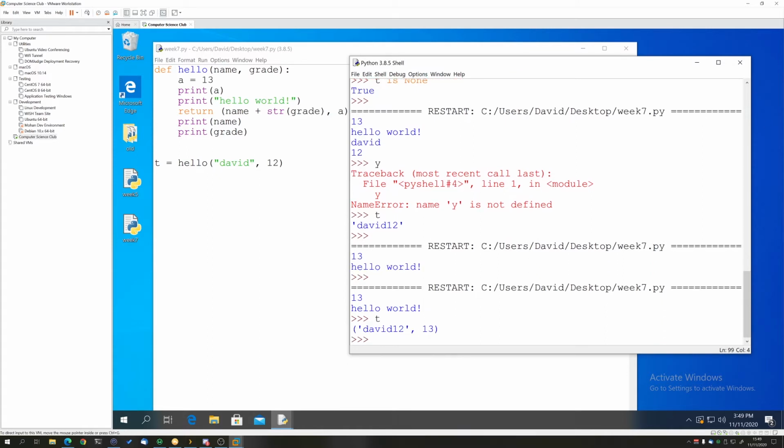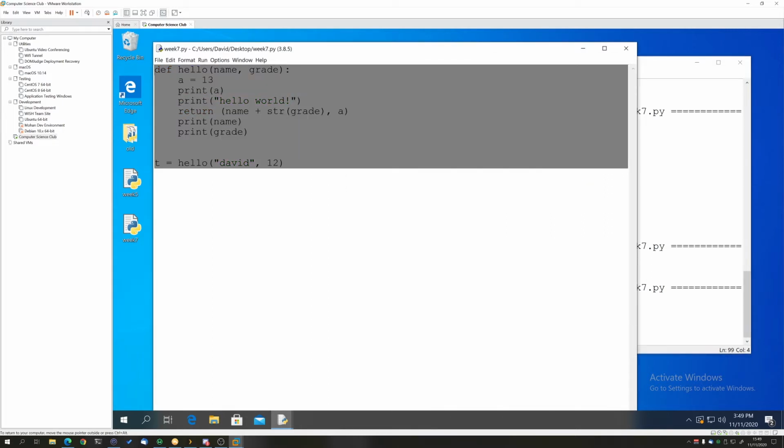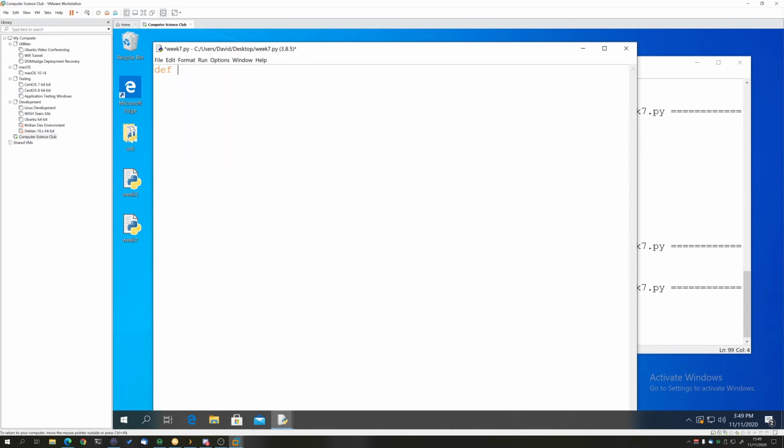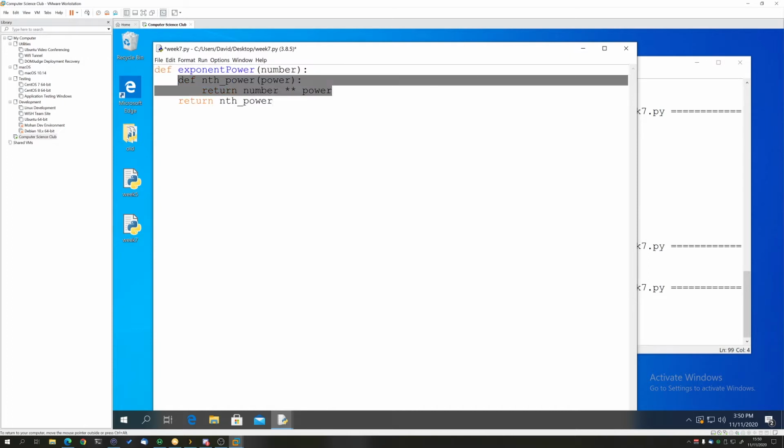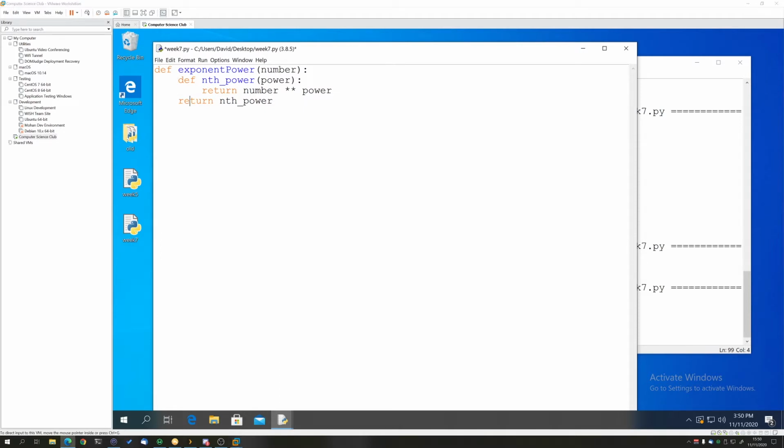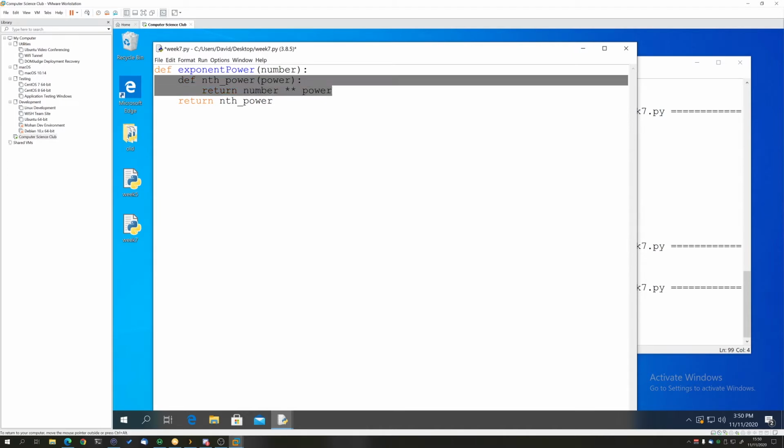Next up is something that you may not have done in your grade 11 comp sci class, and that is functions within functions. What this lets you do is create functions underneath other functions. This isn't generally a feature for many other programming languages. For example, in this example, we're going to be taking the exponent of a number. Remember, because Python has first class functions, that means that we can do this. We can return a function. So we're just defining the function here and then we're returning it.